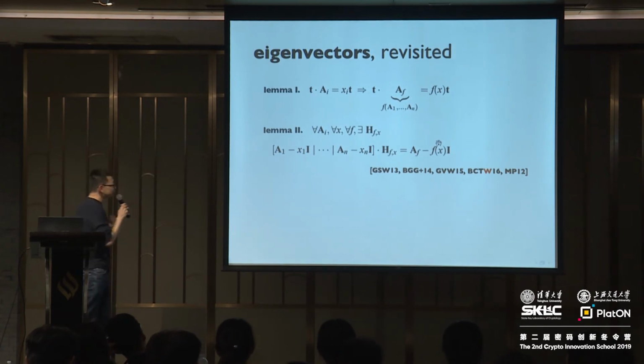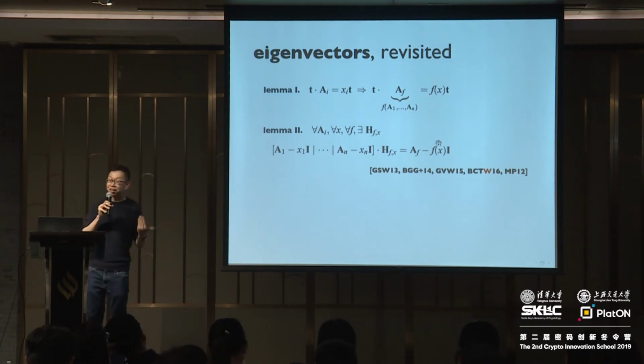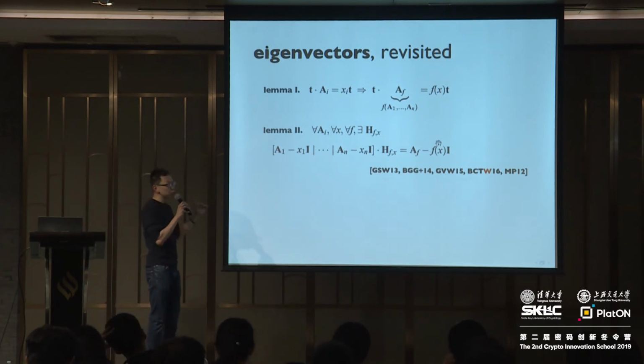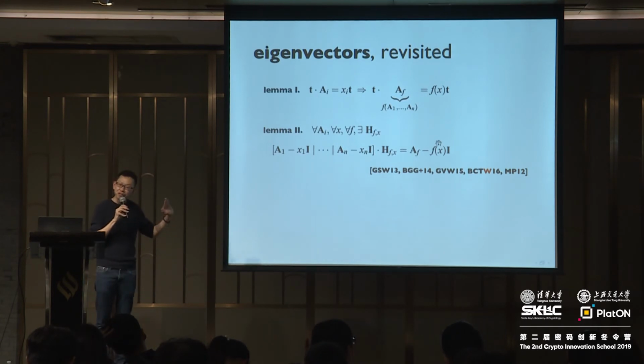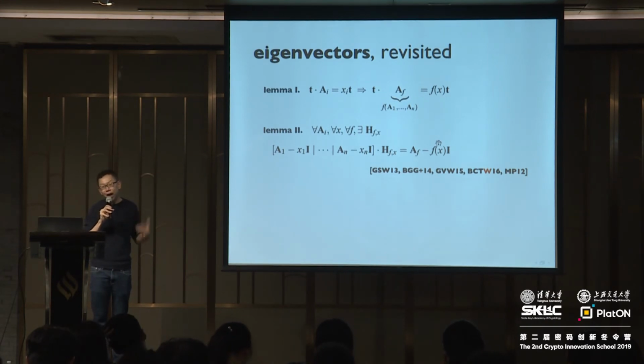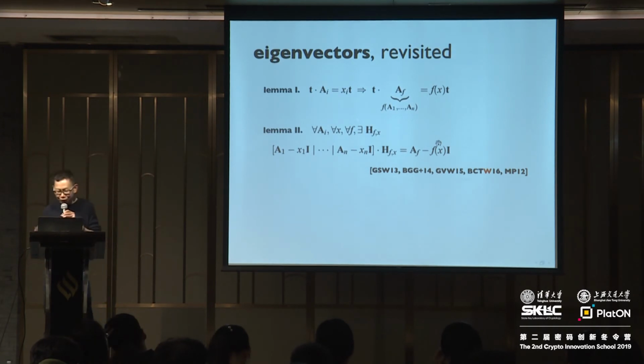The first sanity check we want to do is to make sure that lemma 2 is indeed a generalization of lemma 1. Now, the first thing I want you to observe about lemma 2 is that there is no reference to an eigenvector. Lemma 2 is a statement about any matrices, with only the requirement that there's some extra matrix H that depends on the matrices that you set up. But otherwise, on the left-hand side, it applies to any matrices A_1 up to A_N. And on the right-hand side, you have A_f, where A_f is as before: you just apply the function f to the original matrices.